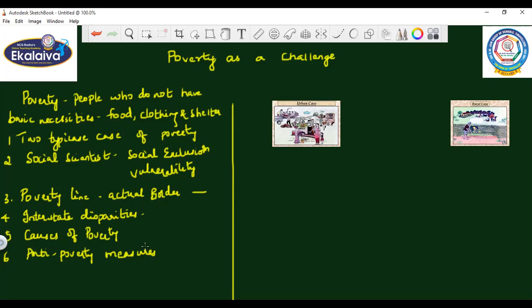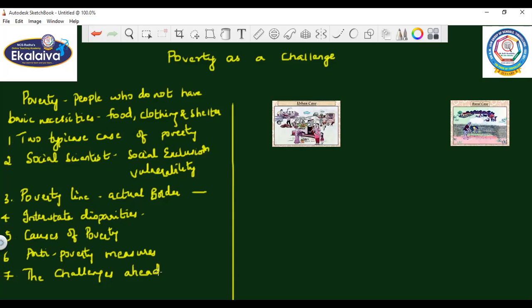Finally, we are going to the challenges ahead. Now, you might ask me a question, children. Ma'am, you have just said that we have causes and a solution is given through the measures. Then how are the challenges more? See, children, even though we have given certain measures, there will be certain things where we have to prove ourselves, where it will be really challenging. Of course, even when we go in depth, we can find a solution for it.